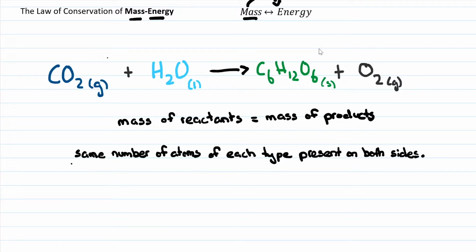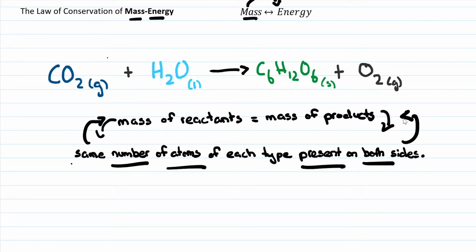So when we look at these chemical reactions, these are all in forms of compounds and atoms. So if we were to break that down a little bit, that essentially suggests that there has to be the same number of atoms of each type of element present on both sides. So what that means is that there has to be an equal amount of oxygen atoms on both sides, an equal amount of carbon, an equal amount of hydrogen atoms on both sides, because that essentially will ensure that the mass of the reactants will be equal to the mass of the products. So it works both ways there.